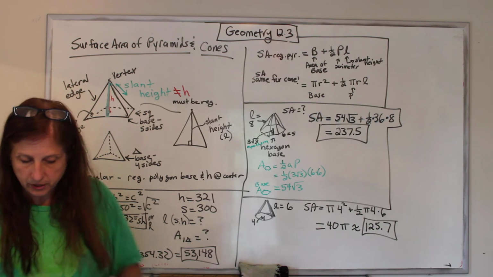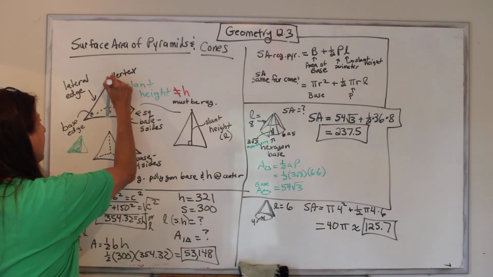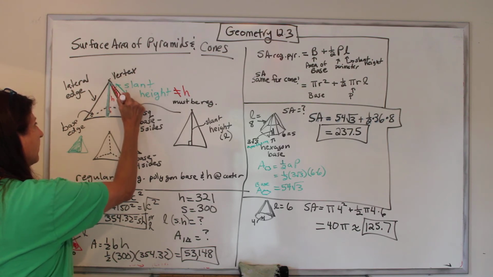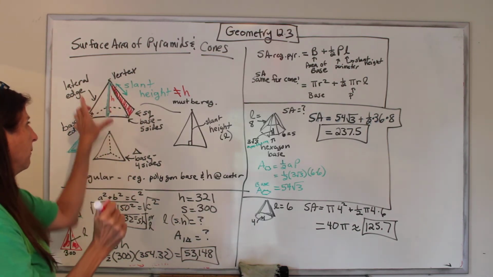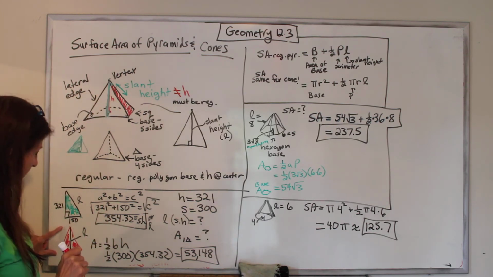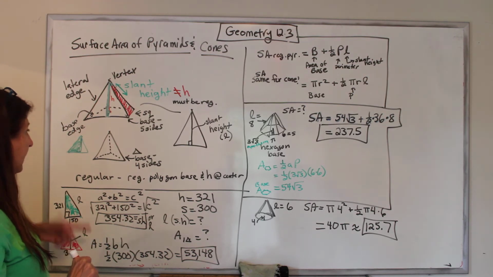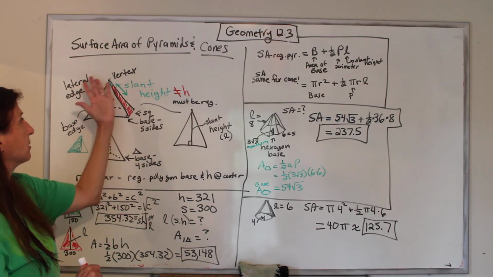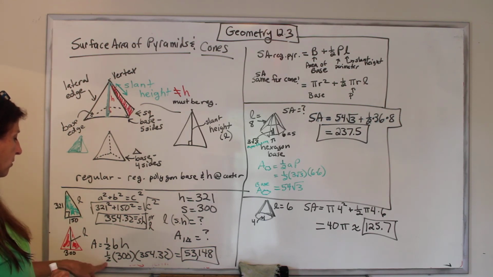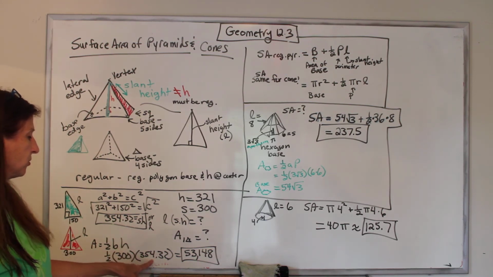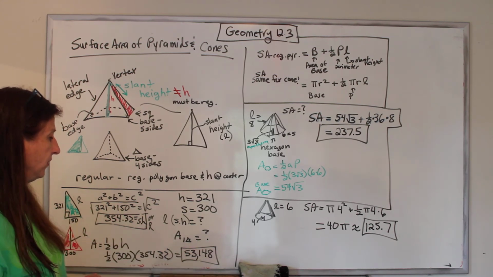Now we want the area of, oops, wrong color, I wanted to do it in red. We want the area of one of these side triangles, so we'll say it's this one. And because it's regular, all of them are the same, but we'll say that one. The base of it is 300. The height is the slant height. We peeled it up, we got a triangle, and that's the slant height. So it's a half times 300 times 354.32. And that's the answer,